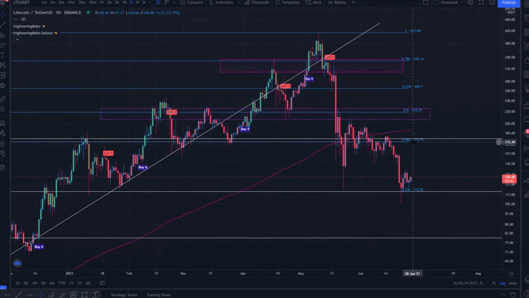The 0.382 Fibonacci line at $172 is going to be significant resistance near my $177 resistance level. In addition to that, the 200 daily moving average, wherever it might be above price action, is going to be a very bearish sell indicator. There's going to be a lot of sell pressure under that range, and we will have to build up a lot of momentum to break above it and then likely confirm it as support once we find our way to those levels again.